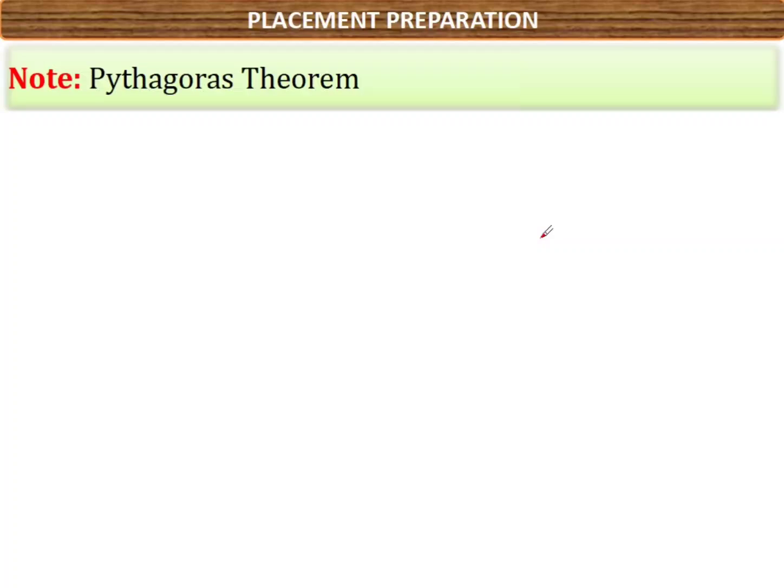The next important point which we have to discuss is the Pythagoras theorem. I hope in your school days you have studied Pythagoras theorem. If you remember, in which situation can we apply Pythagoras theorem? Do you remember? We will apply Pythagoras theorem only when there is a right angled triangle. In that situation only we can apply it. This is a right angled triangle. I will name this triangle A, B and C.